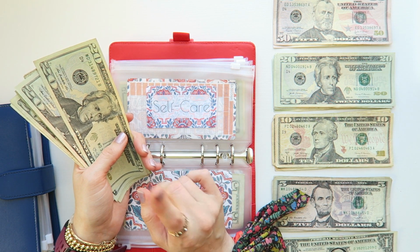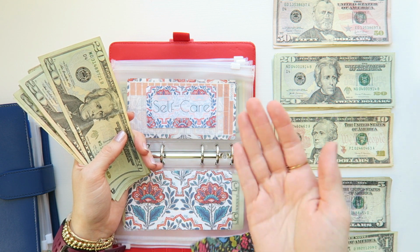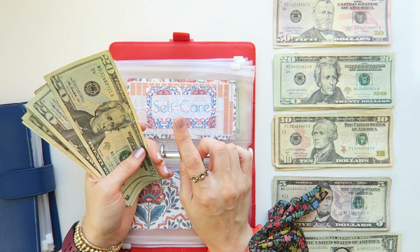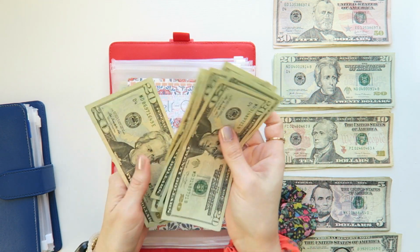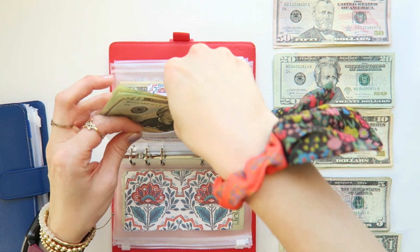I don't know, y'all, I try to spend money on just me and not my kids, but I have the most fun creating fun for my kids, so it is what it is. This is where we're at, but I am gonna put $20 of that 52 towards self-care. So now we have 20, 40, 60, 80, 100, 120, 140, 160, so $160 towards self-care,